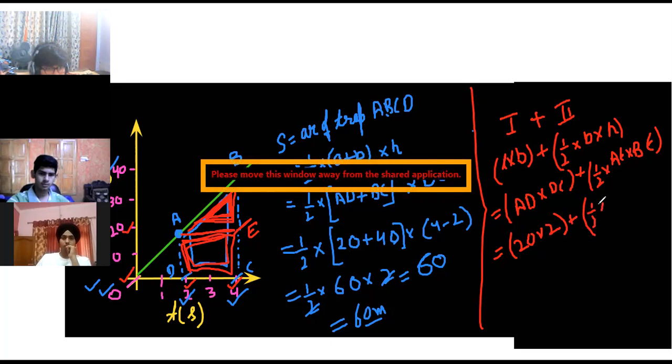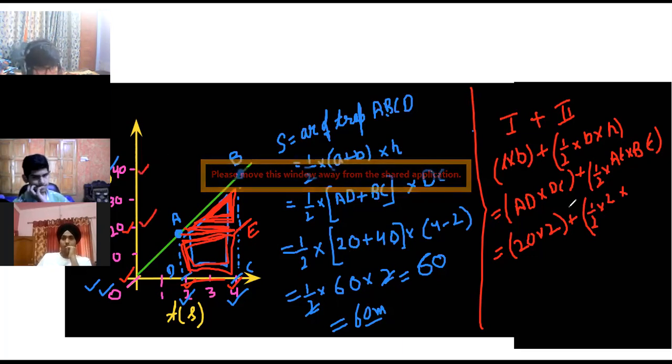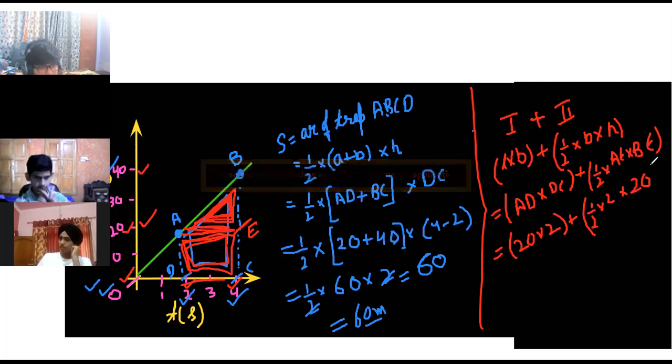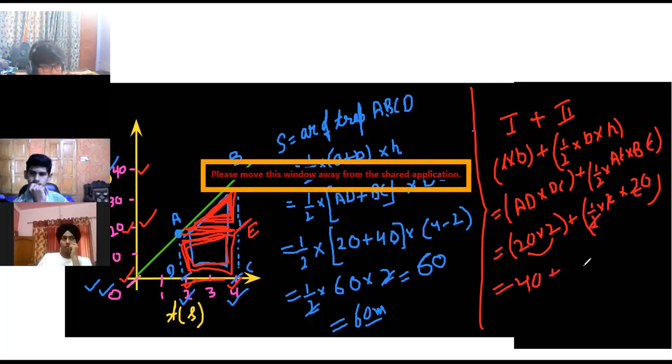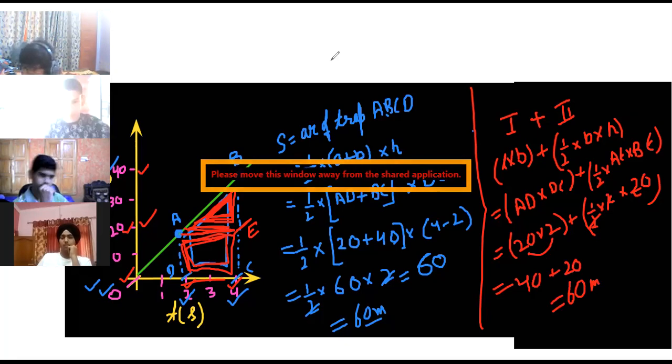Triangle half into base. Base of triangle, if you see, जितना DC है उतना ही AE है. It is the same, so it is 2. And BE. BE starts from 20, goes till 40. So 40 minus 20, that is 20. Okay. This 2 to get cancelled. Here 20 multiplied by 2 is 40. Plus here 2 to cancel हो गया था. You just left up with 20. So 40 plus 20 is what? 60 meter. See, I have solved both the two methods in front of you just to show that you can